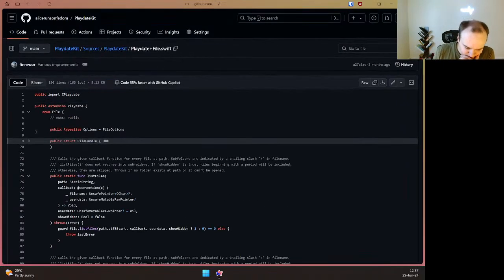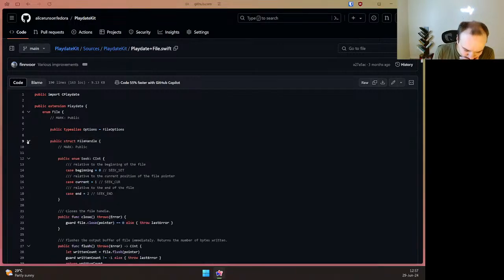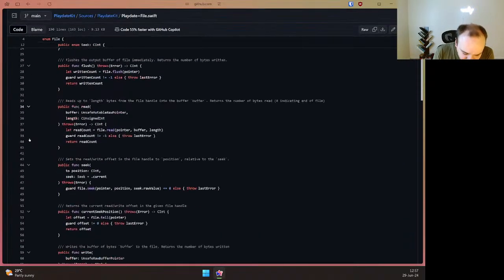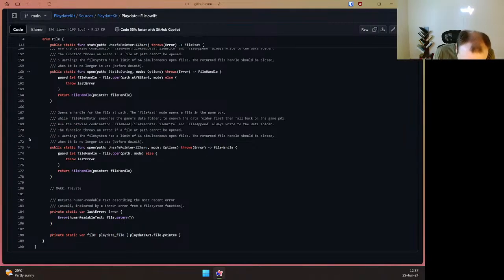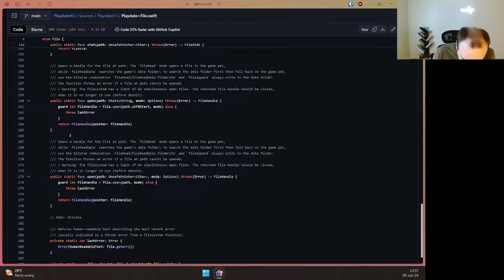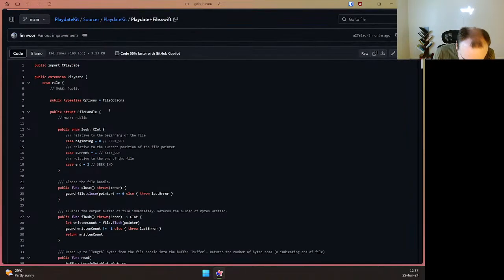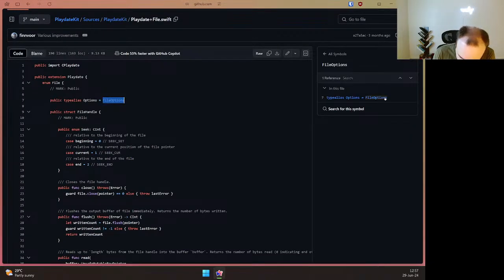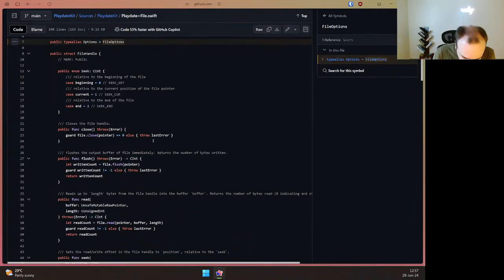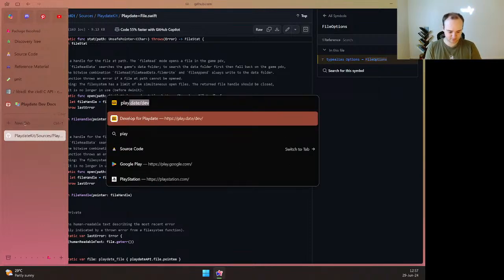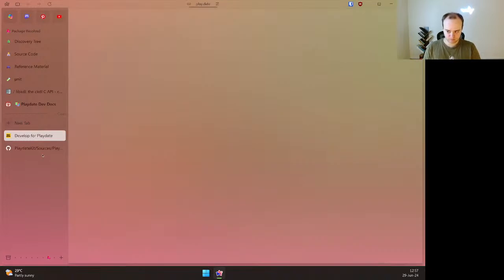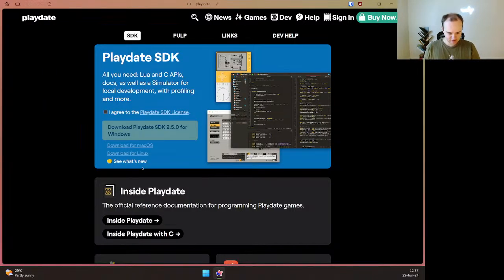What are the modes here? File handle. Where are file options in here? I cannot see it. Oh. That's not helpful. I think this is where we're going to have to also review the dev docs. Let's look.